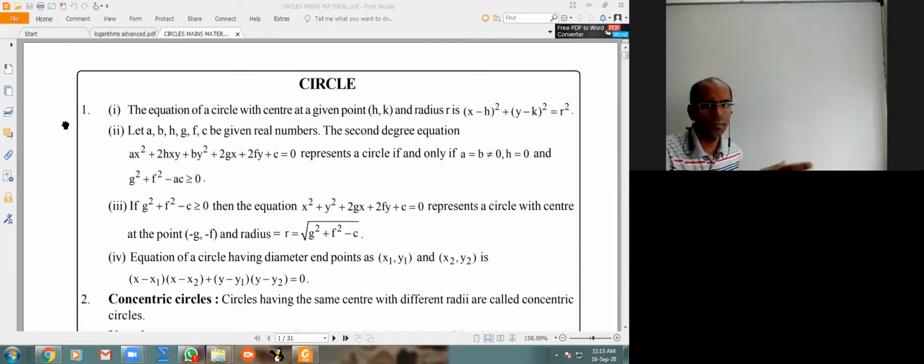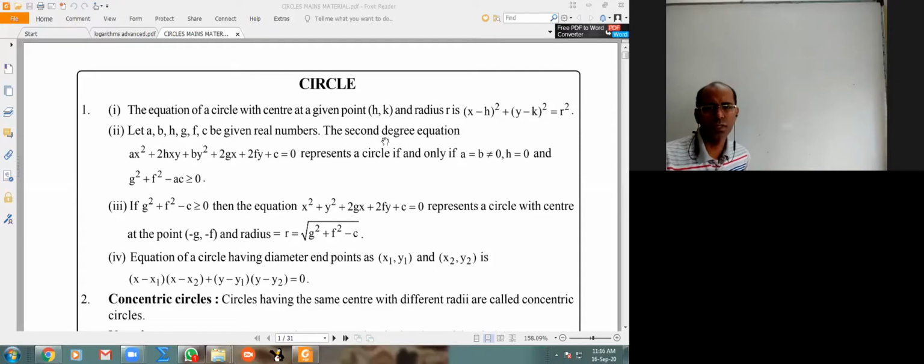Here we are not mentioning what is there on the screen. What is the definition of the circle? Circle is the locus of a point which is at a constant distance from a fixed point. There is a fixed point, and let us say on a plane you can take point A. There are a lot of points on the same plane at a distance r. If you join all of them, whatever you get, that is called a circle.